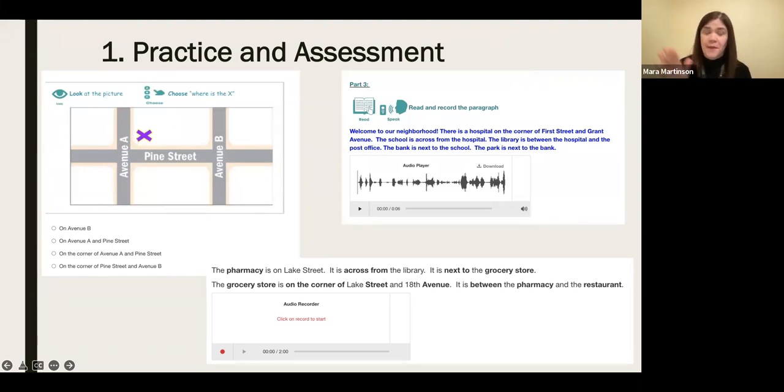This was up at the top, a reading activity that students had to read. Towards the bottom, sometimes when I want to make it really clear which words I will be assessing and giving feedback on, I will put those in bold or change the color. But again, it really is a lot of the same routines that they're going to see in the classroom,